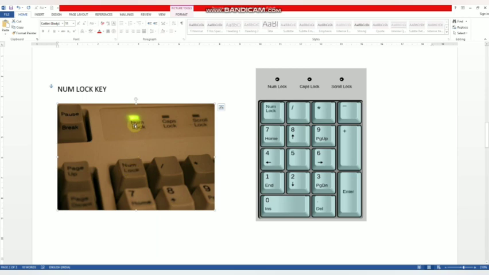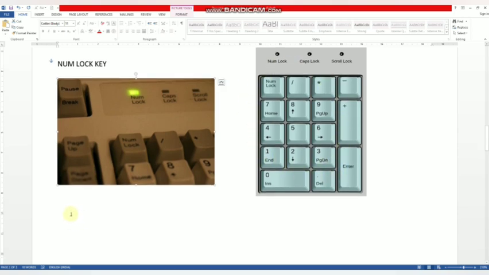So, to use this keypad, the num lock key should be on. If I want to write numbers with the help of this keypad, I press the num lock key, and if it is on, then only I can write the numbers.